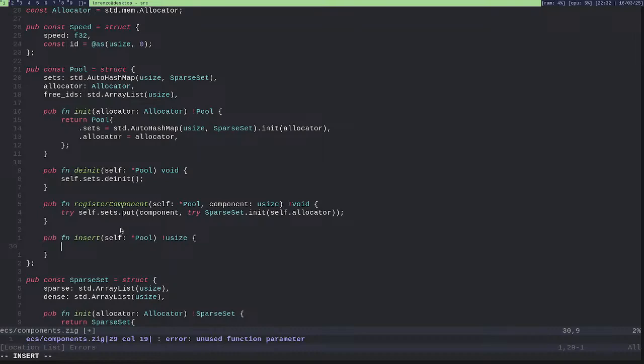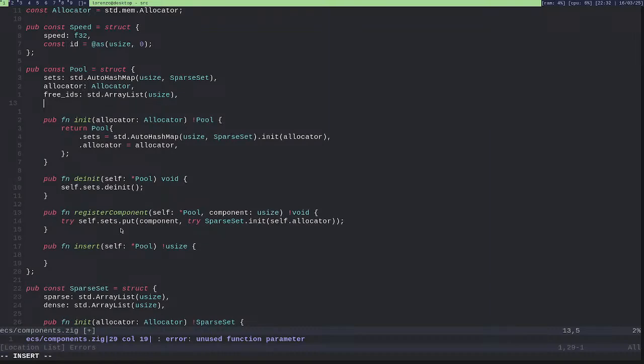And I want to keep track of how many entities are there. So, entities.